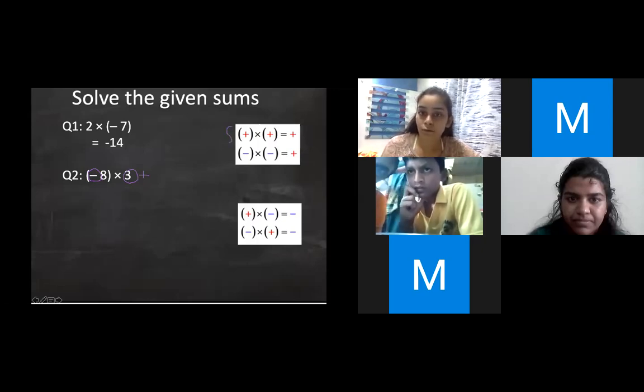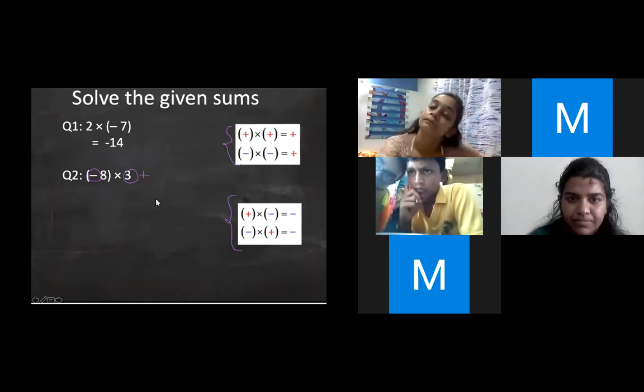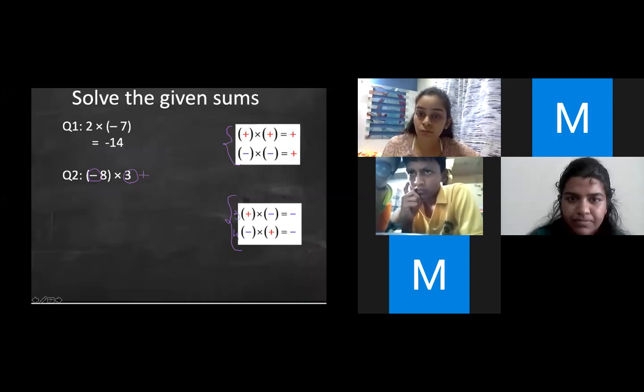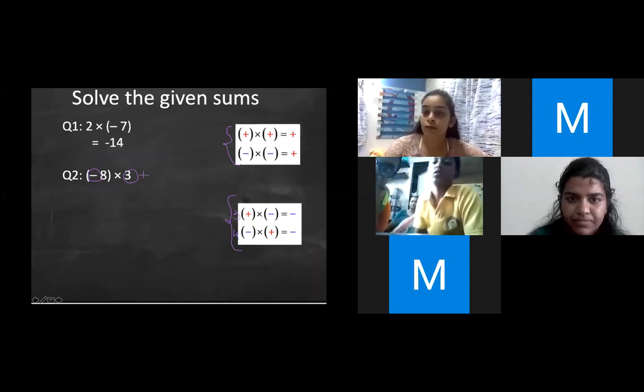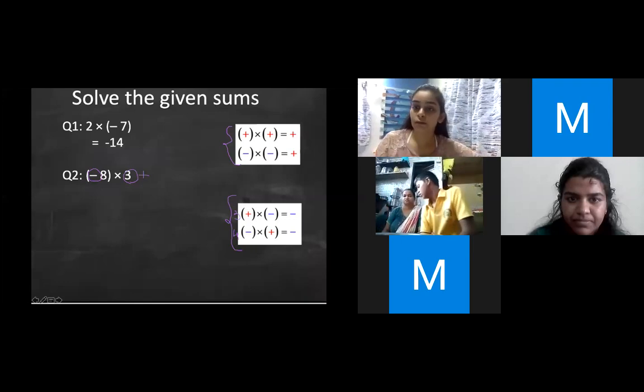So, on the right side, you can see these are the formulas for same signs. Now, in this question, we know that the signs are different. So, these are the two formulas that we will have to look at. Look at these two formulas and tell me which one will be applicable in this case. When there is a minus and then a plus, which formula will you use? Second formula, right? Where there is a minus multiplied by a positive, which is equal to a minus, right?